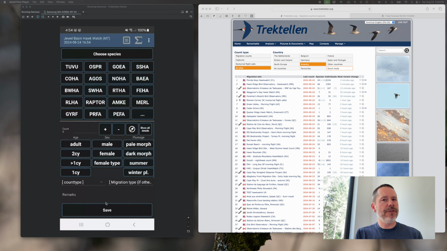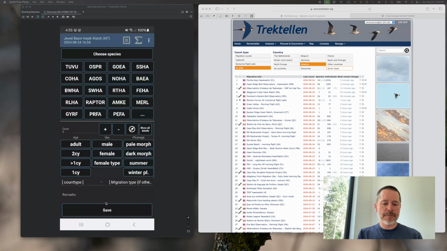And then here's where we have, this will be very familiar. The main functional difference between Dunkadoo and Trektellen from a data entry perspective is that in Dunkadoo, a count would be the entire day. It was one count, and you would enter metadata every single hour, just adding metadata to that count. With Trektellen, the difference is that every count has metadata with it. And so you can't have multiple chunks of metadata. So every single hour, you'll start a new count,